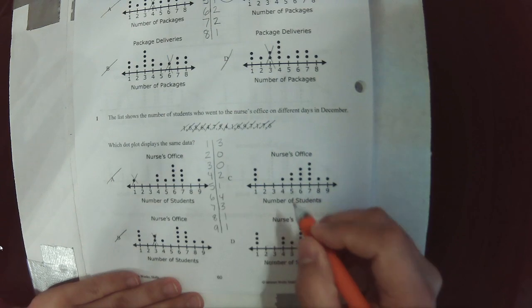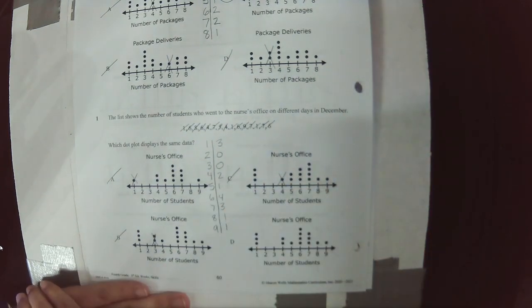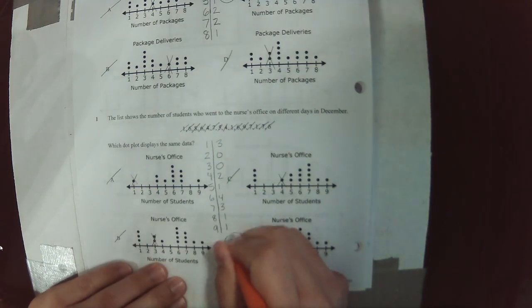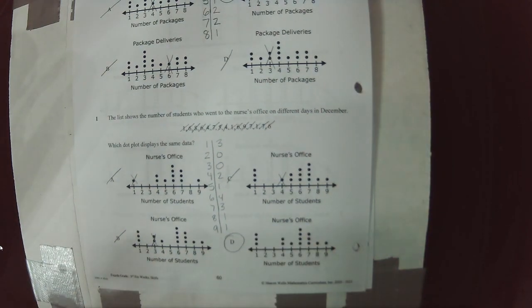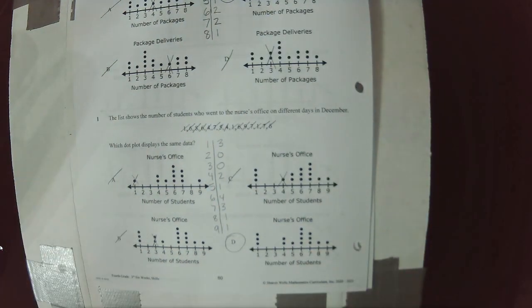The number 4 should have 2 dots. That only has 1. That means that my answer should be answer choice D. All right, so that should be our answer. Make sure if you made a mistake that we go ahead and fix it on our